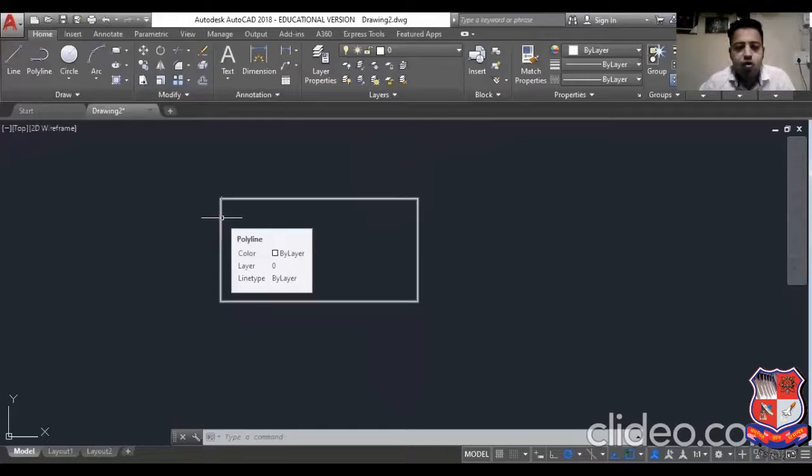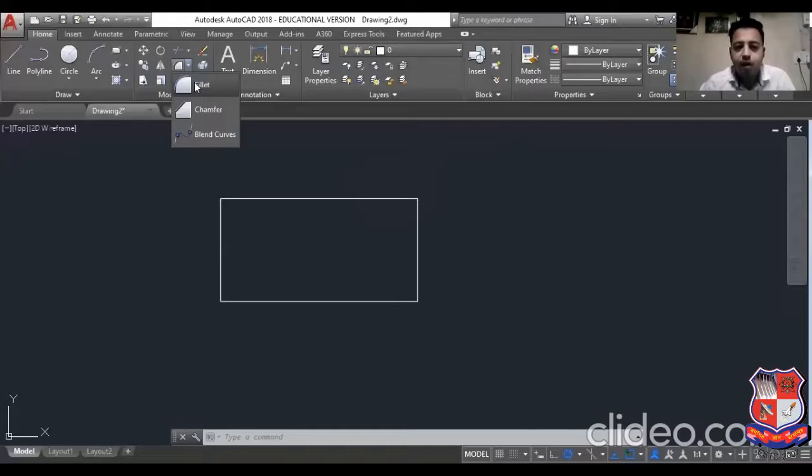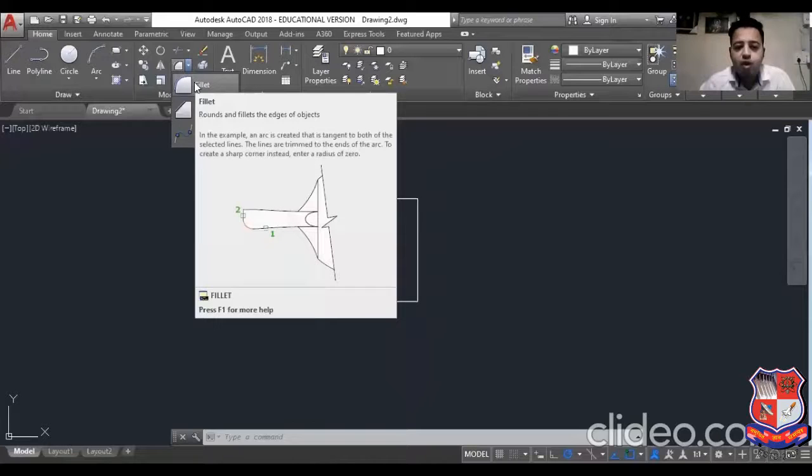Okay, so for that I have to select the fillet command. Okay, it is used to round the edges of the object, or we can say to create a smoothened corner. Okay, it is used for designing mechanical parts, automobile parts, to reduce harmful sharp edges, or we can say to provide safety for the men.